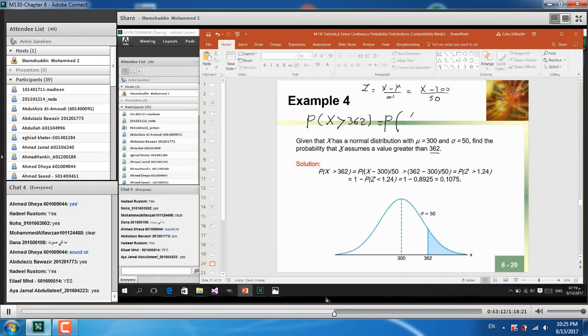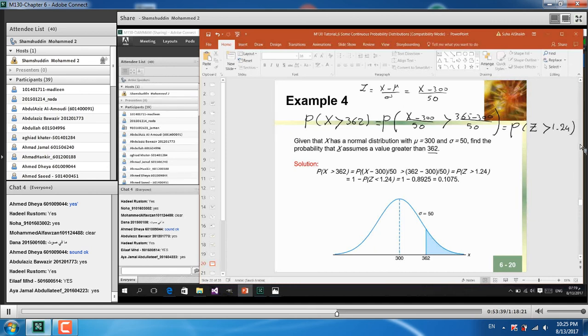So I talk about x minus 300 over 50 greater than 362 minus the same 300 over the same 50. We subtracted 300 and divided by 50 for all sides. This will give me the probability z greater than